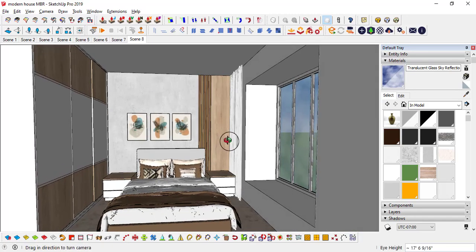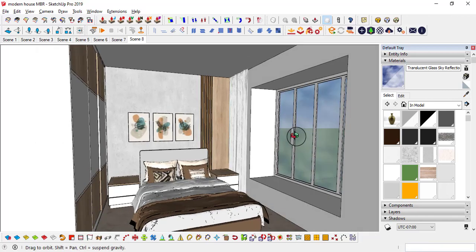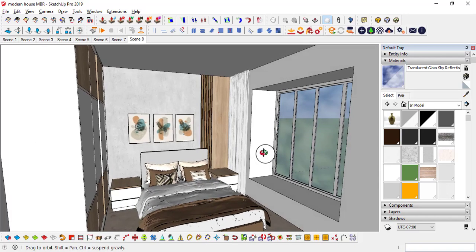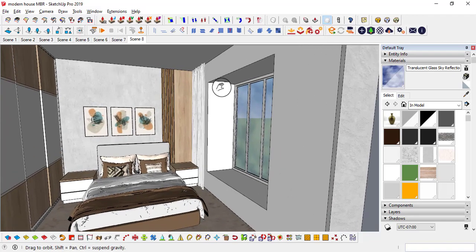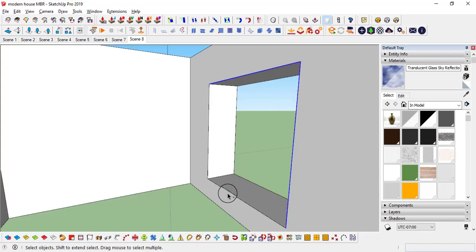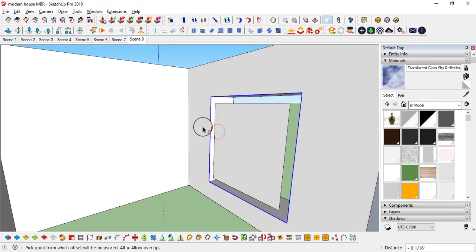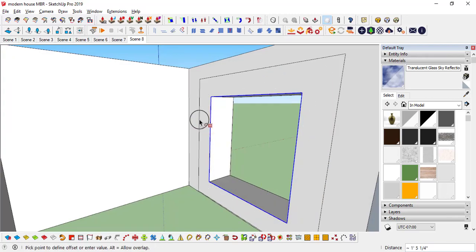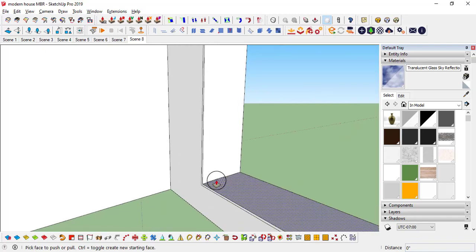Why? Because in the Scandinavian, wood and white, so probably white would suit here. And I don't want it to cover with the curtain also, so I'm going to do one more thing. Like, I'm going to double click, select these 4 edges, shift, offset just outside 1 inch, and push pull it 1 inch.